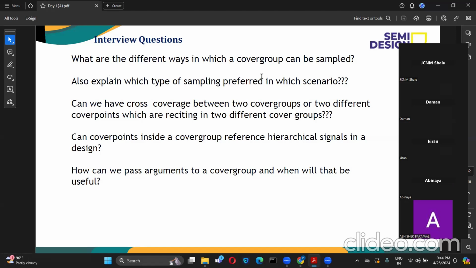In which scenario should the sample method be used, and in which scenario should the positive edge of the clock be used? When we want to maintain synchronization with the positive edge of the clock, and everything should be synchronized with the clock, the positive edge clock is preferred. Otherwise, if we don't care about the rising or falling edge of the clock, then we can use the sample method. For transitions, the sample method is not a very good approach; in transitions, we rely on the positive edge. That is one scenario that comes to my mind.